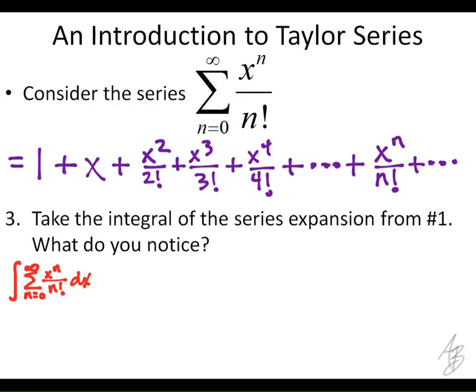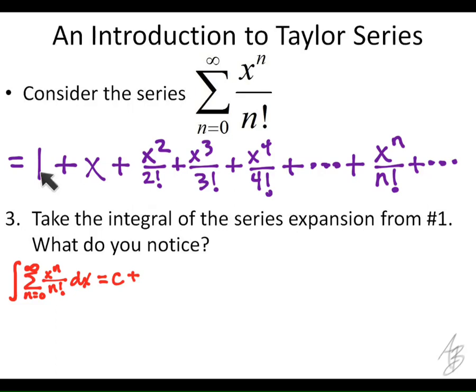Now, when we do this, what we're actually going to find is an indefinite integral. And when we take an indefinite integral, what's one thing that we always want to include with that indefinite integral? The c, right? The constant of integration. Since this is an infinite series, it's going to go on forever. We could tag it onto the end, but then we'd have to wait for a while before we can tag it on there, right? So I'm going to put that c at the very beginning, just so I make sure I get it in. So we have this constant of integration, plus,